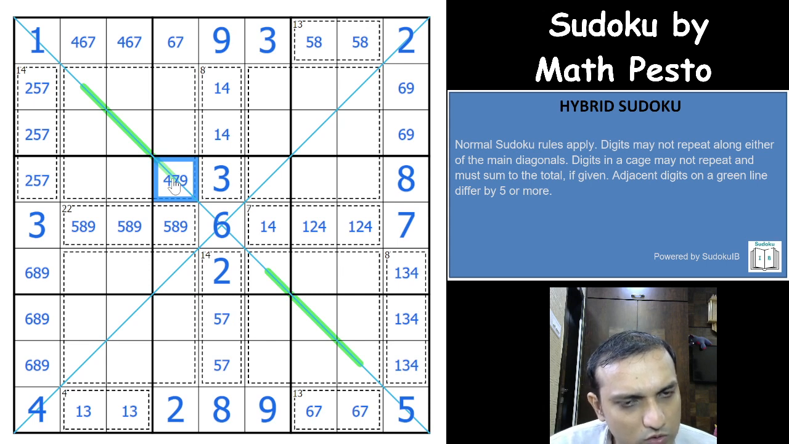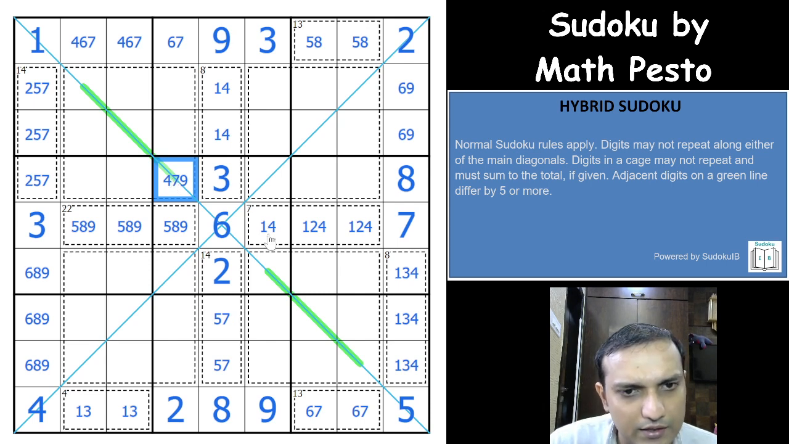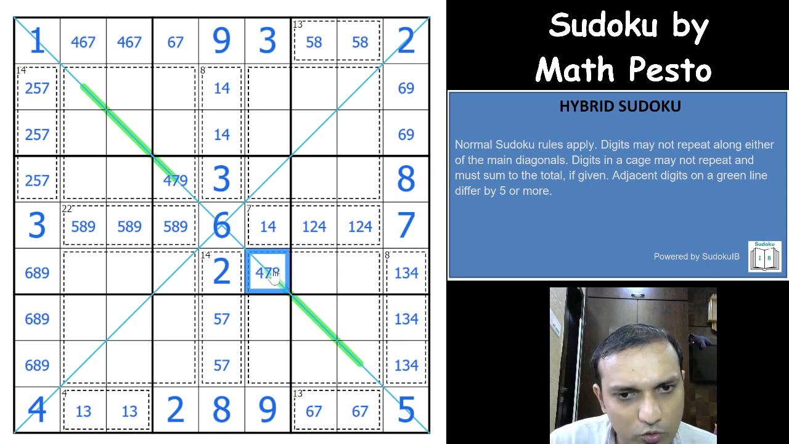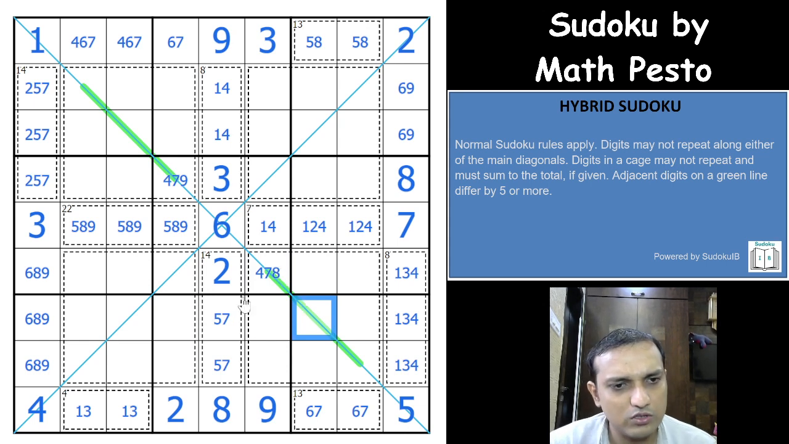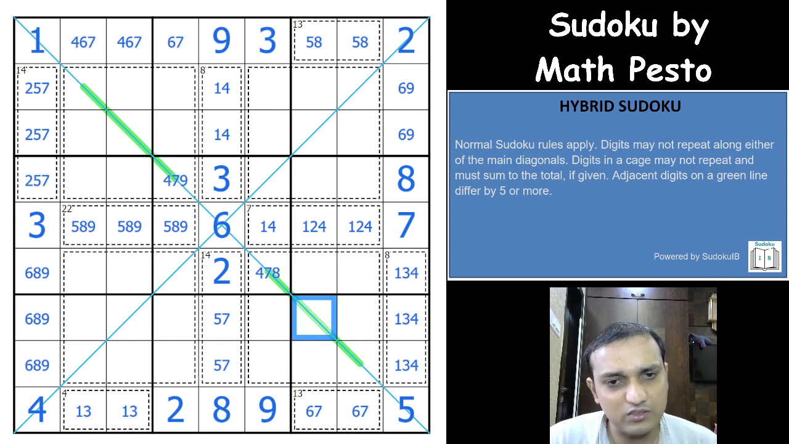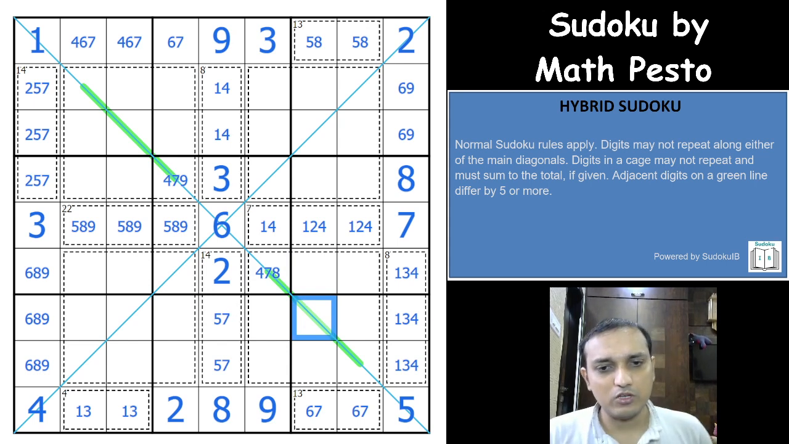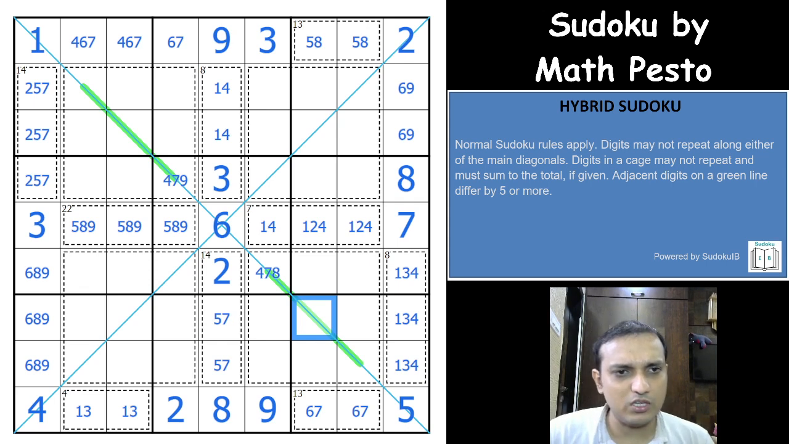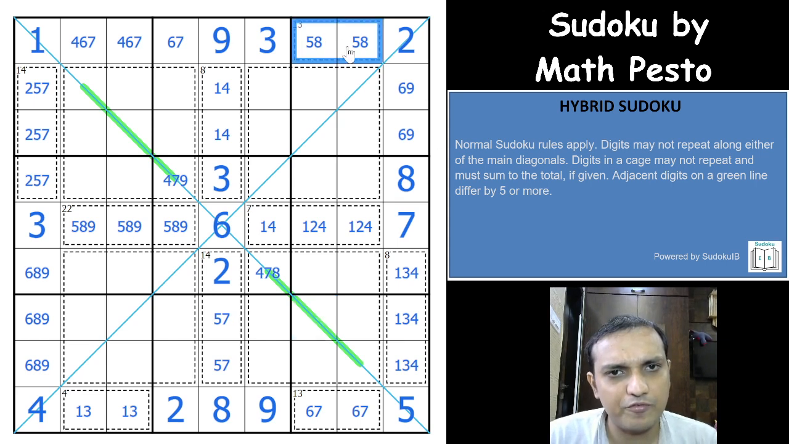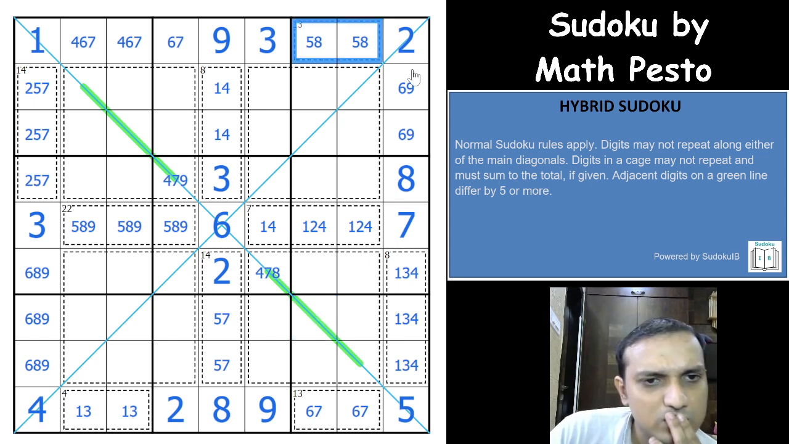One, two, three. So 4, 7, 8, 9. 4, 7 and 8. If you have a 4 here, this cell would have to be a 9. Whenever you have a 4 on the German whisper line, the opposite adjacent digit would have to be a 9. This is an excellent Sudoku actually, because very smooth solve. I would say really very smooth solve. Right? And we have a 5, 8. So